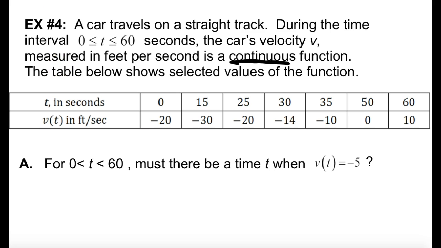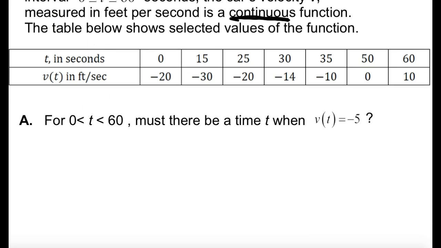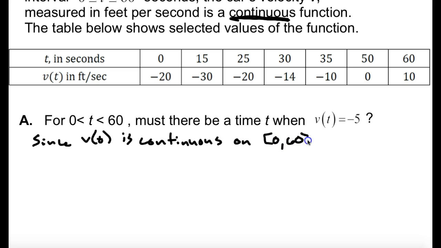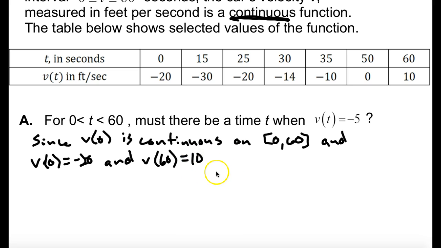All right, so we can just say that, since our function, which in this case is v of t, is continuous on our interval 0 to 60, and v of 0 is -20, and v of 60 equals 10, by the intermediate value theorem,